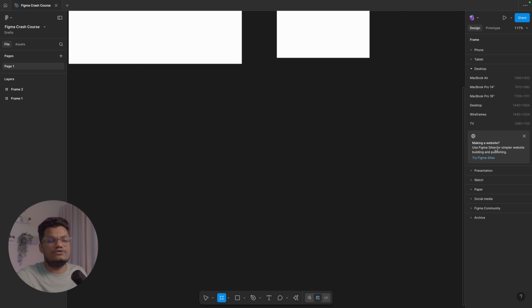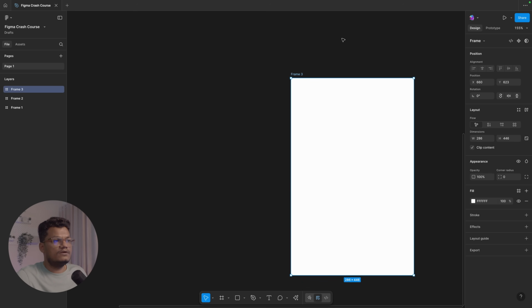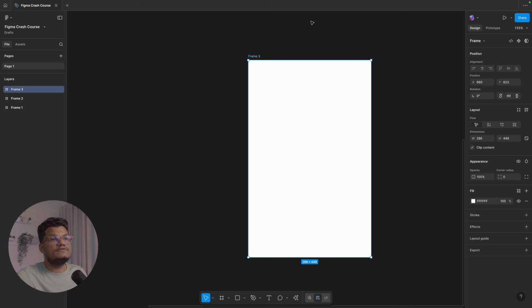So these many different presets we have. Like that, we have different configurations here, like presentations, watch, paper, social media, Figma community, or archives. So different options you will have here. And what is the zoom in percentage for the canvas? Let's say I just activated this frame 3 for now, and I'll show you guys all the different properties of